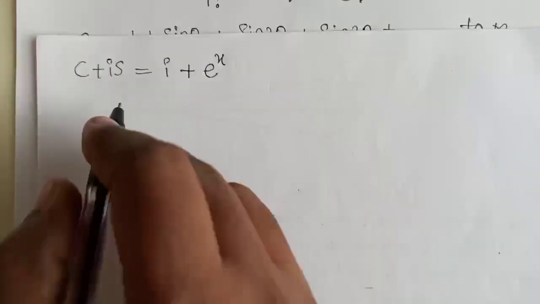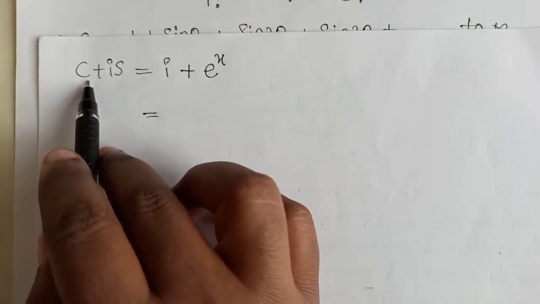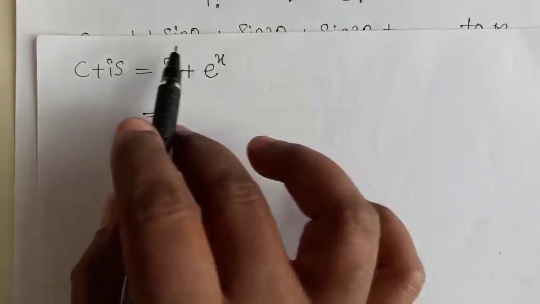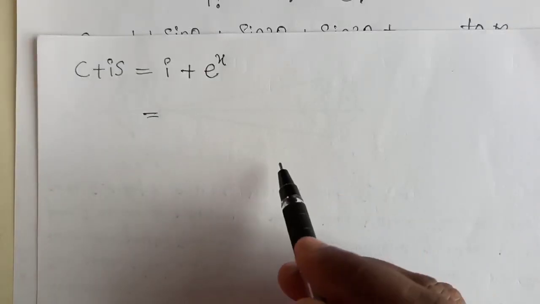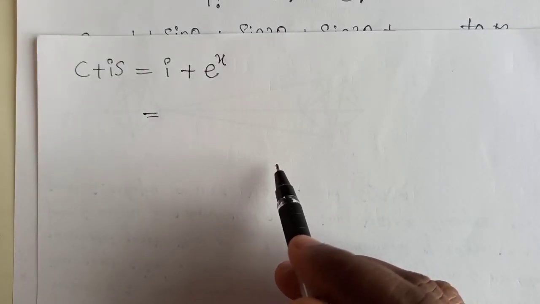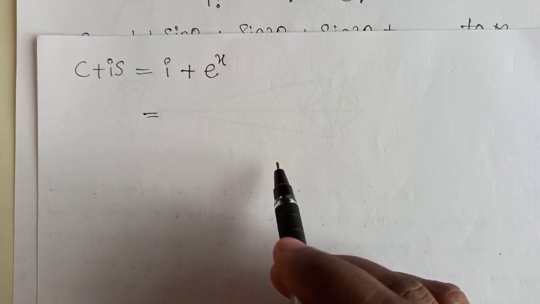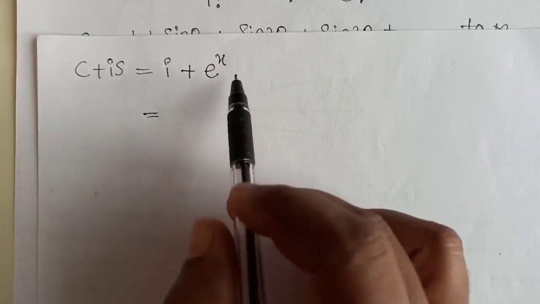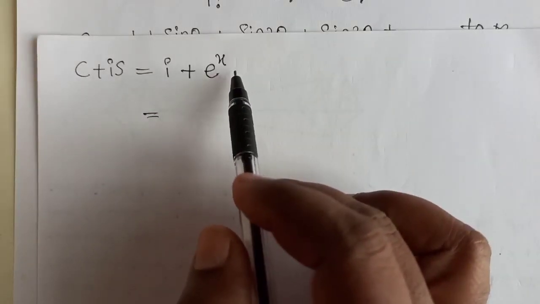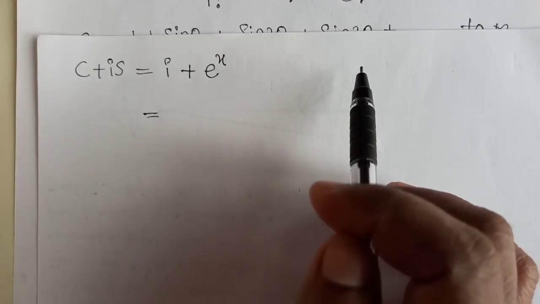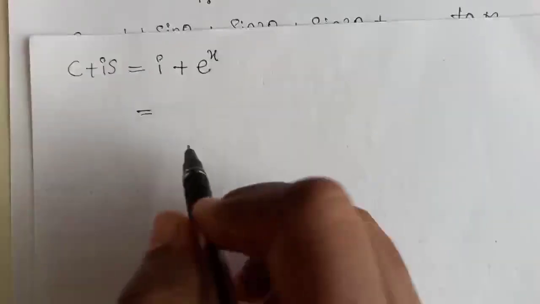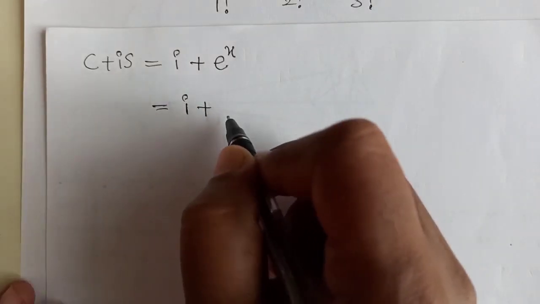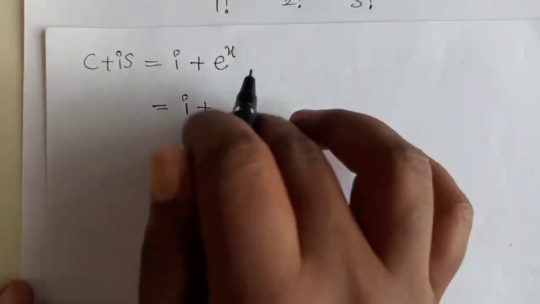Now, because cis means real parts and imaginary parts are separated, here also we have to separate real and imaginary parts, because at last we have to equate the cos and sin terms, that is, real parts and imaginary parts. So first we have to represent this RHS also in terms of a plus ib form, that is, cis form. So next, on representing this into a plus ib form, that is, separating real and imaginary parts,